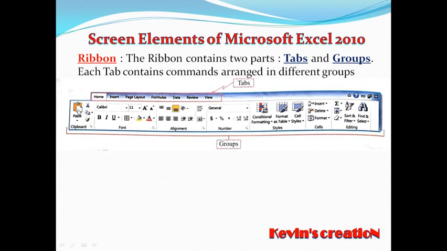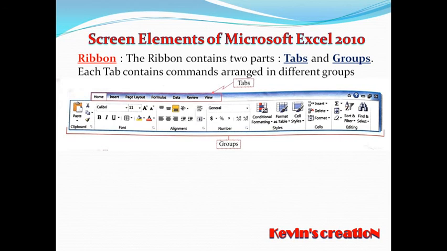What are the things here? Cut, copy, paste. Then bold, italic, underline, then font color, font size, name, if you want to increase or decrease. Then you have got alignment of the text. All these things will be here. Same way, if you click page layout, for example, then in this group you will have page size, margin, header and footer, all these things.